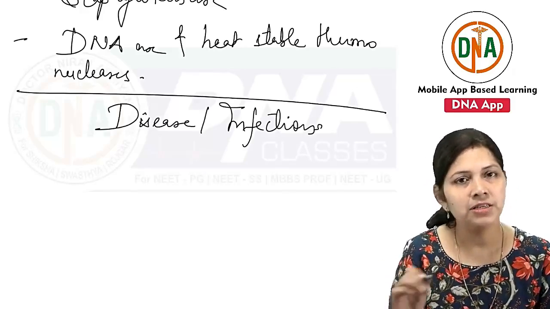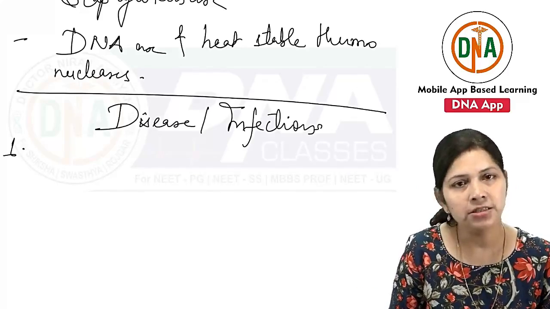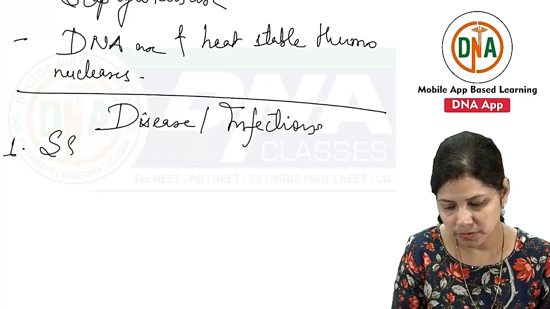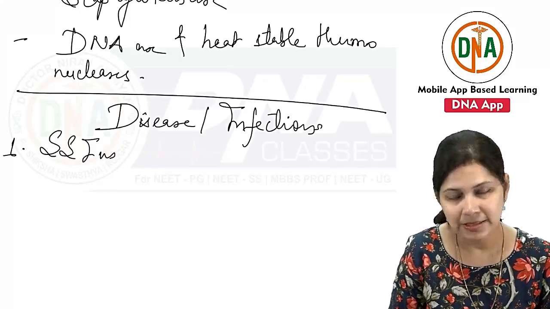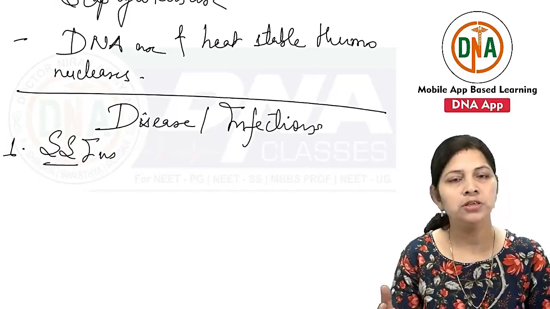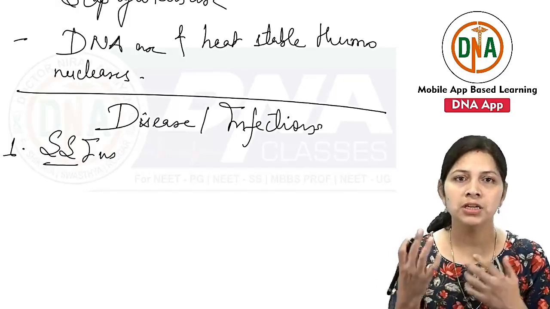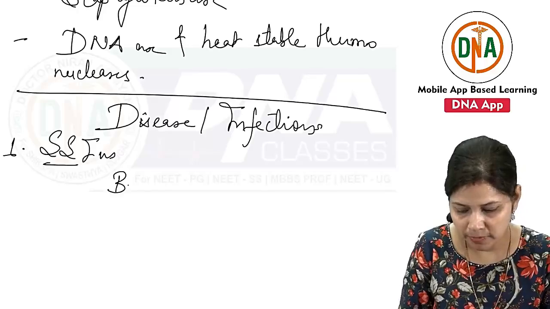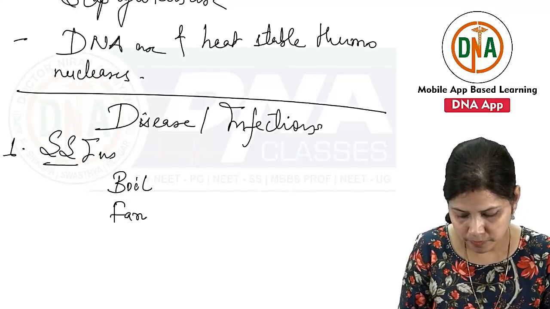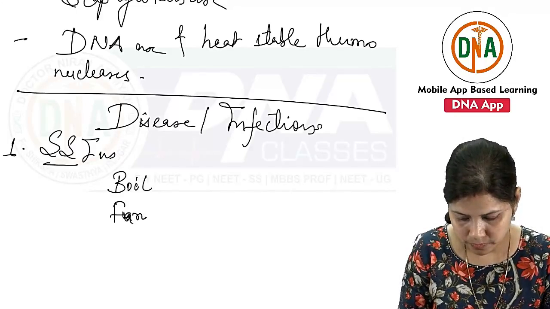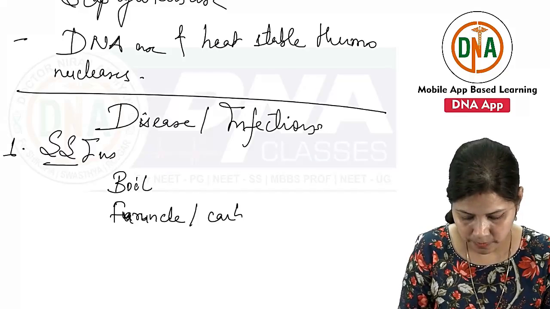So it can cause various types of infections like the skin and soft tissue infections, that is, from a small infection of the skin like a boil or furuncle, or carbuncle,